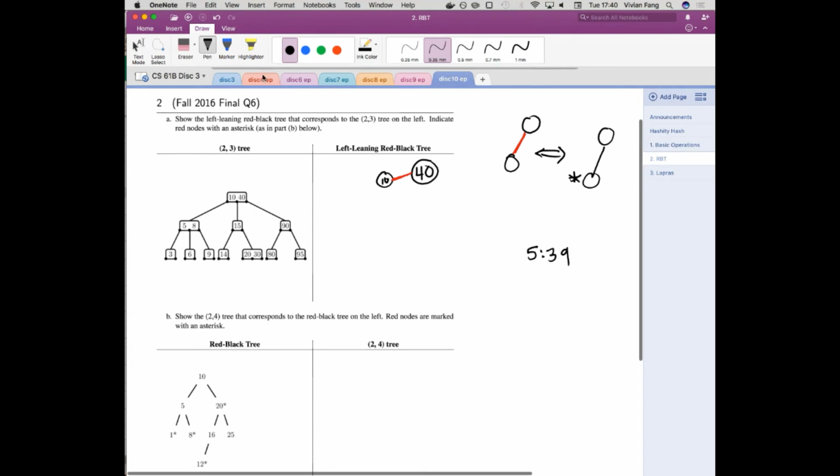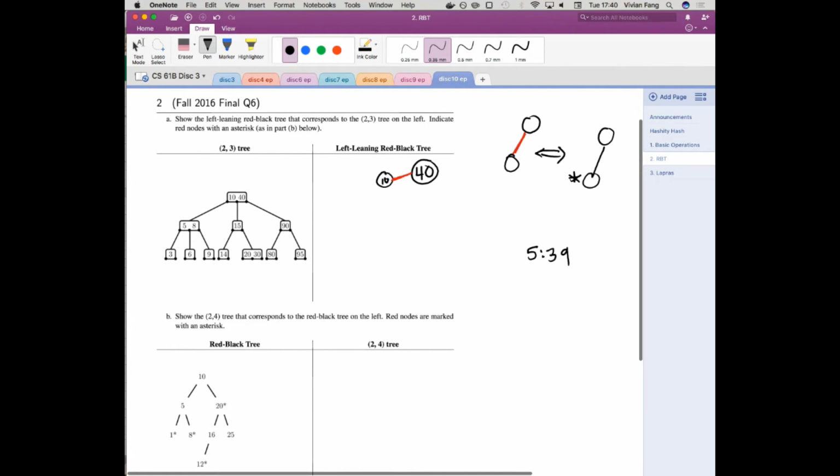So first, I'm gonna make all of my edges red, and then I'll just put asterisks at the end, after we construct our tree. Does that sound good? Because it's a binary tree, we know that the left element has to be less than or equal to, and the right element has to be greater than, right? So let's start constructing our tree from there.